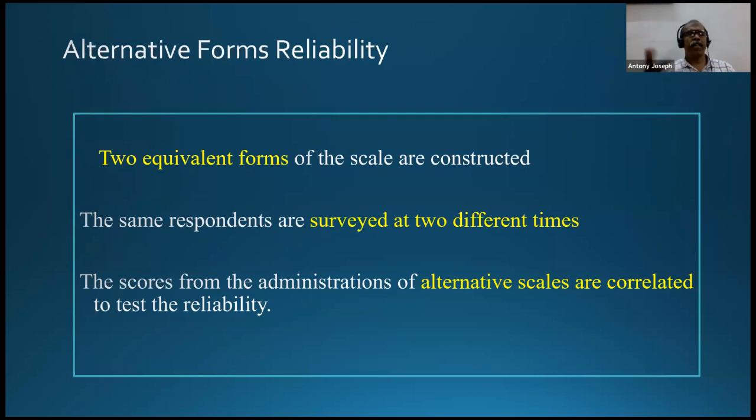Another thing is alternative forms reliability. It's also a very simple thing, but we are not practicing it. Suppose you have a questionnaire for measuring the financial satisfaction of women in our state. The same instrument can be applied with some modifications in the language, not the meaning.